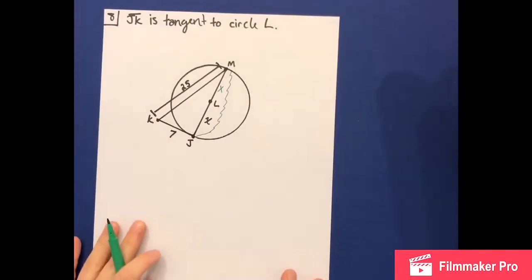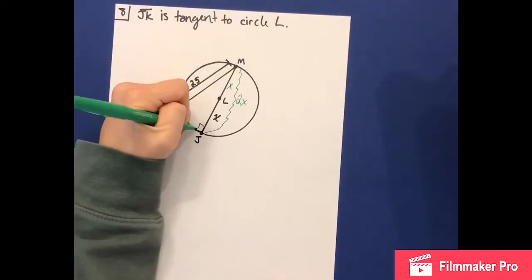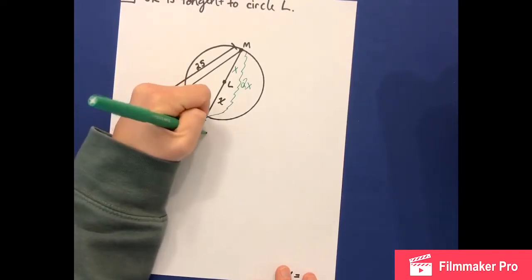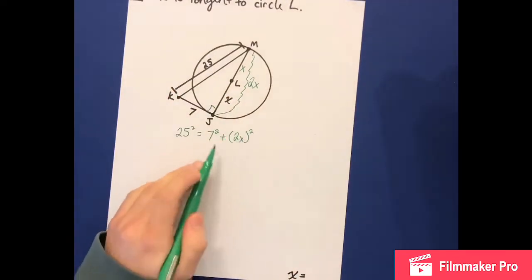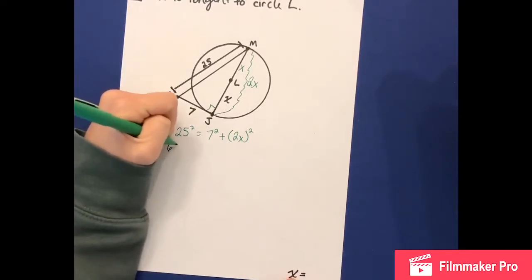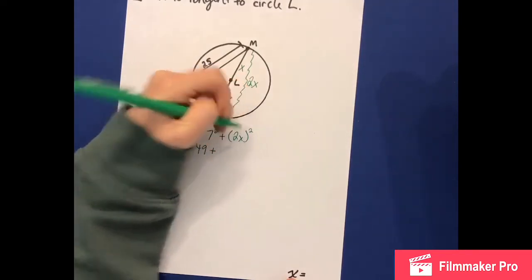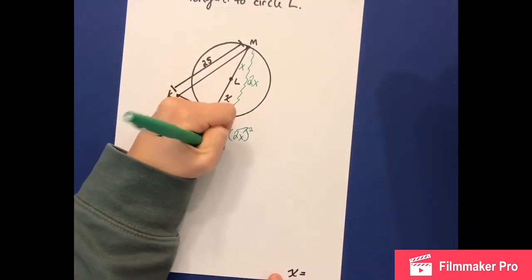Now, had we just kept it at 2x, I want to show you what that would look like. So this would be 2x. Gonna set it up with my right angle here. I get 25 squared equals 7 squared plus 2x squared. Make sure that you keep this in the parentheses. So 25 squared is going to give me 625 equals 49 plus. Now there's no addition or subtraction in here, so my squared can go to both. I have 4x